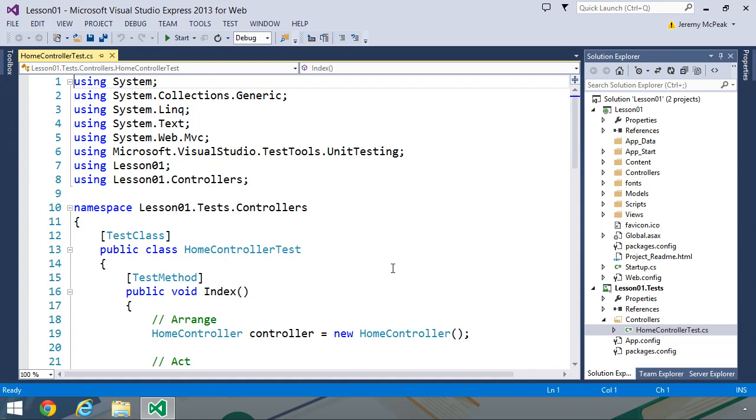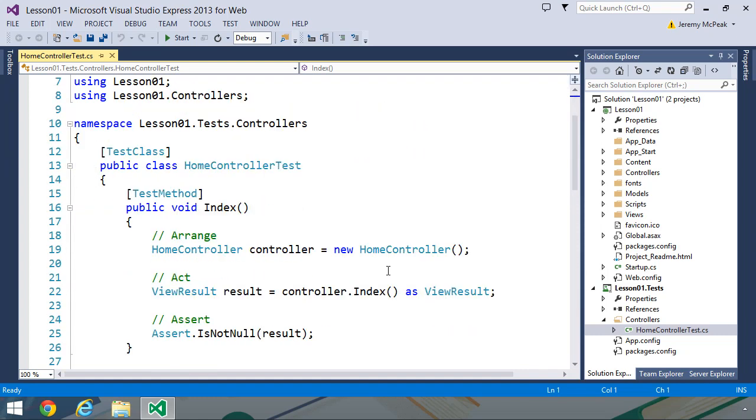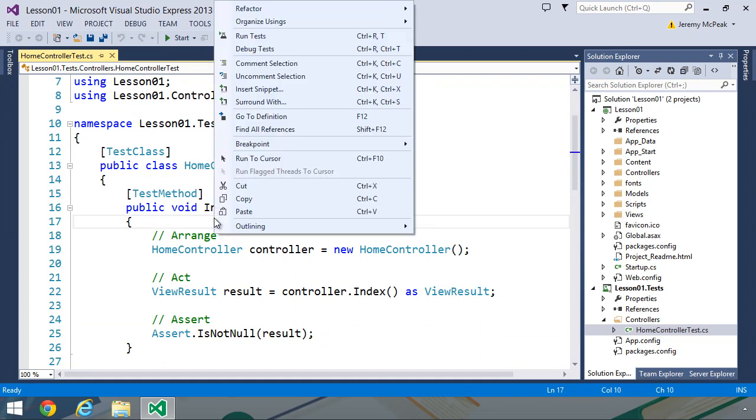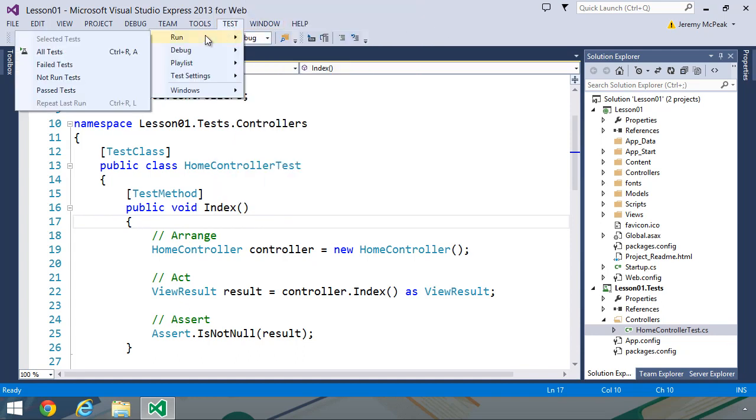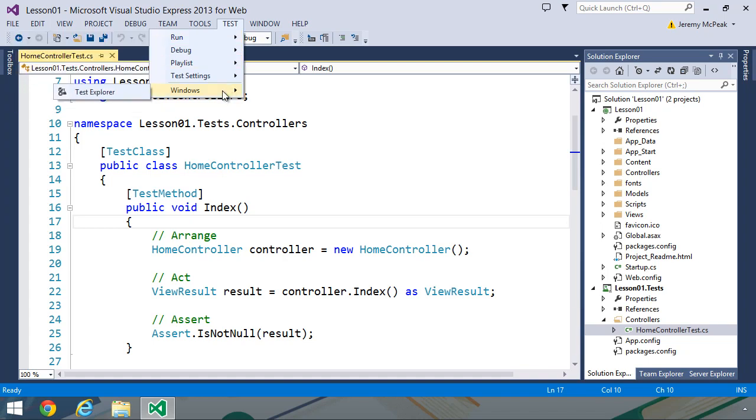And that's really the only reason why we are going to use it. So if we wanted to run these tests, we could do so in a couple of different ways. We can right-click and choose Run Tests, or we can go to the Test menu item. We can choose to run all tests, run failed tests, run the tests that haven't been run yet, or run passed tests. Now there is a test window, so if you go to Windows and then Test Explorer,